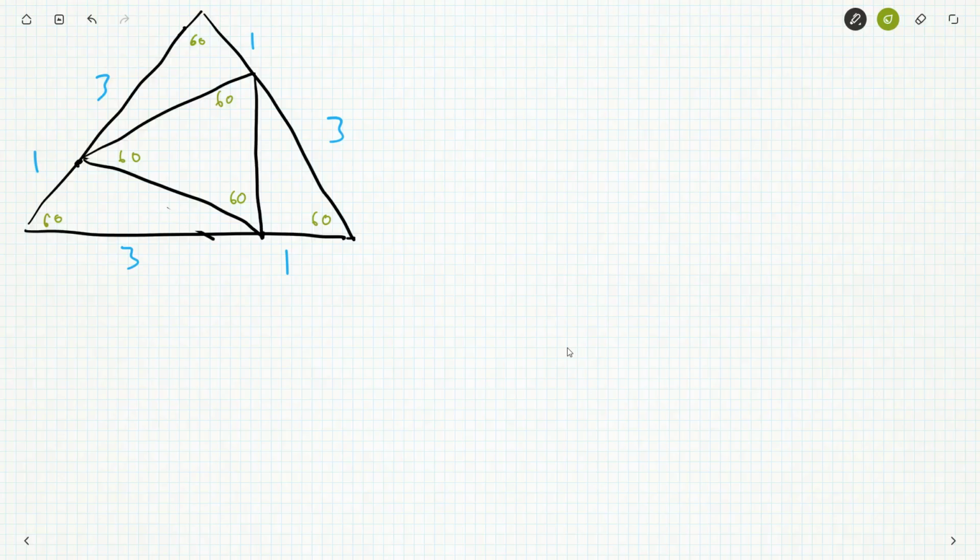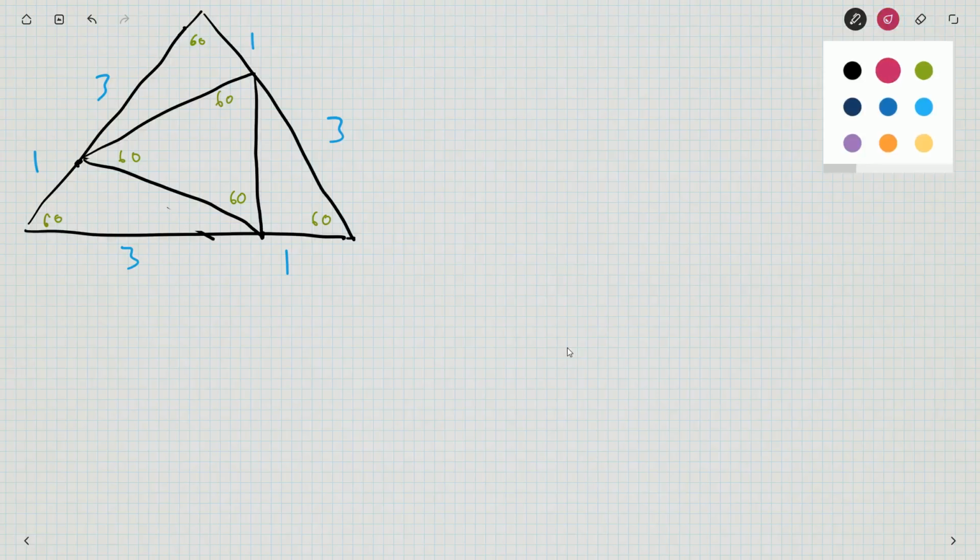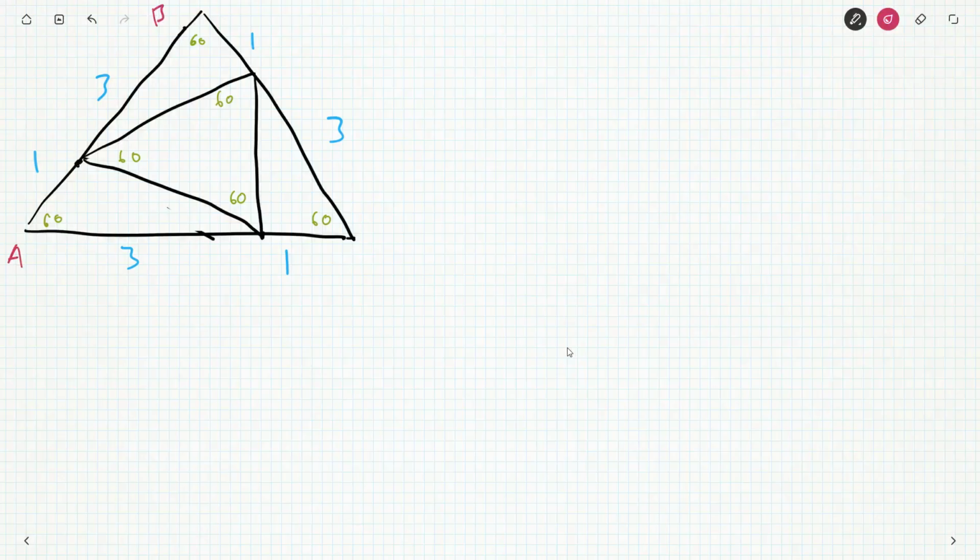If I could just figure out, so I'll put A there, B there, C there, P, Q, R. If I could just figure out length PQ, this would all be over. Okay, well, can I figure out length PQ? Absolutely. With cosine law. And it's the grade 11 contest, so trigonometry should be behind you. So by cosine law, which is something you should be familiar with,